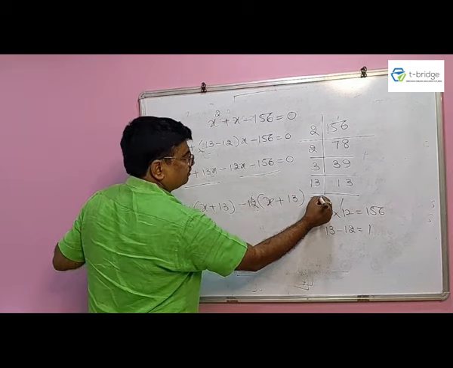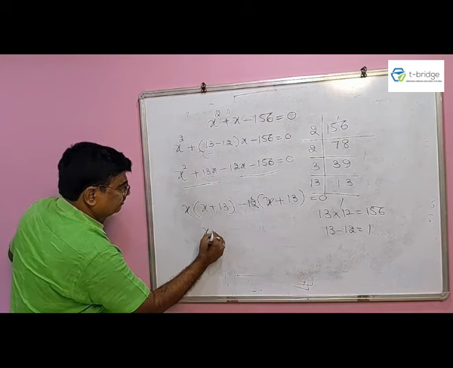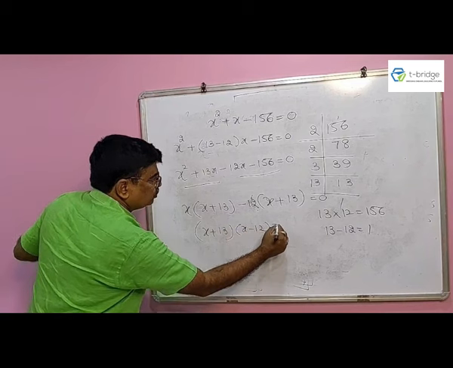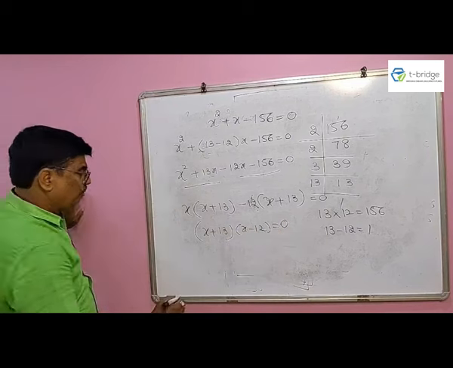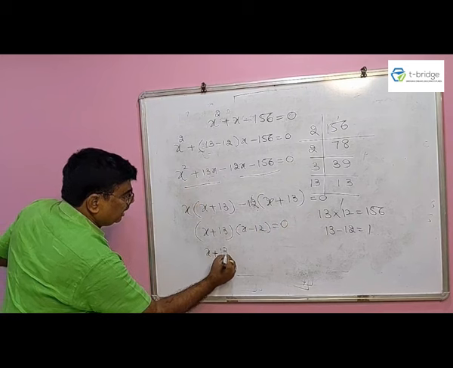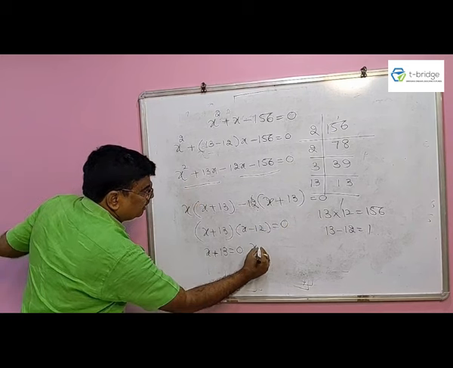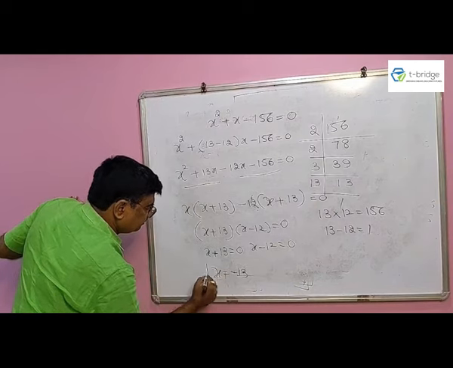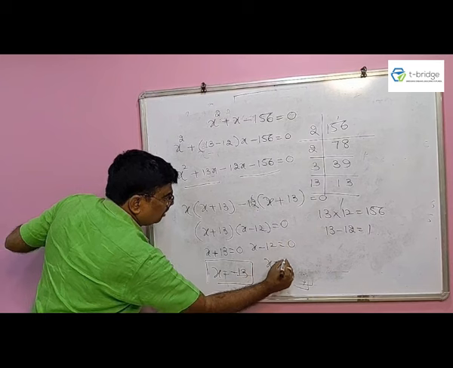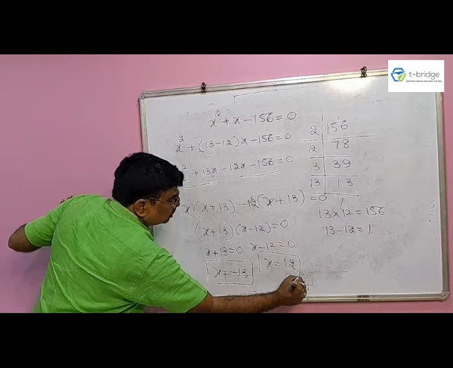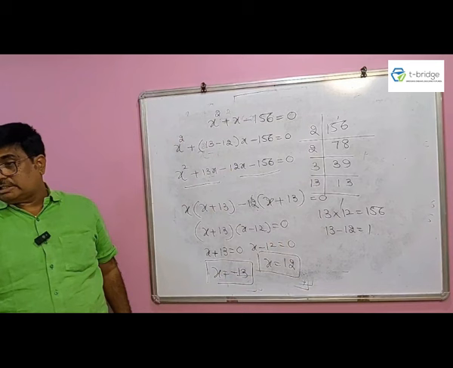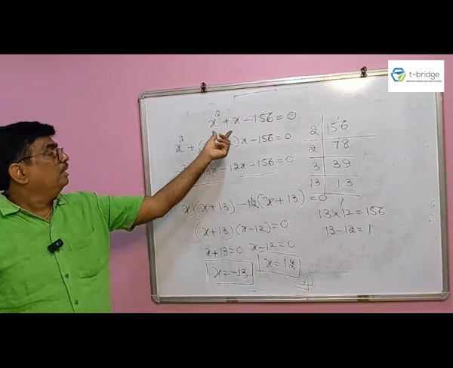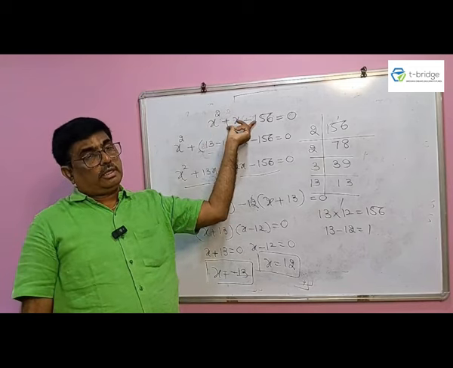इक्वल्स टू 0। नाउ x plus 13 is common, left in the bracket x minus 12 equals to 0। Now equate this bracket to 0, x plus 13 equals to 0, x minus 12 equals to 0, x equals to minus 13 and x equals to 12। These are the two zeros of the quadratic equation x square plus x minus 156, x equals to minus 13 और x equals to 12। ये दो रूट्स है क्वाड्रेटिक इक्वेशन के।